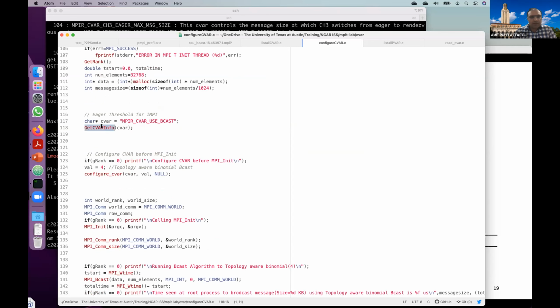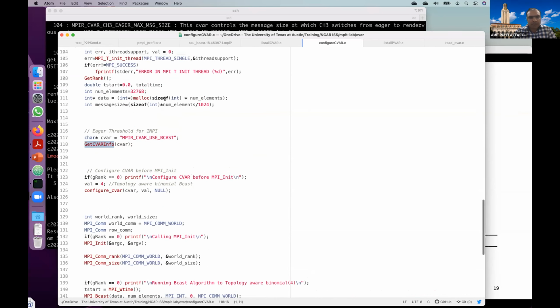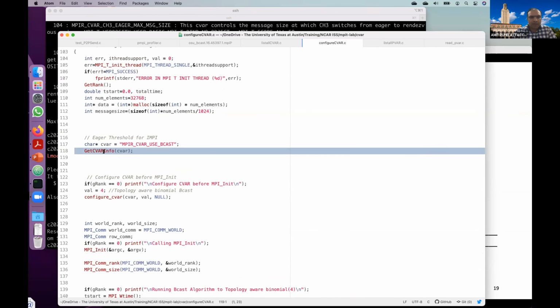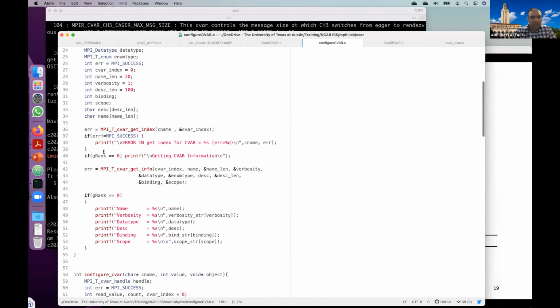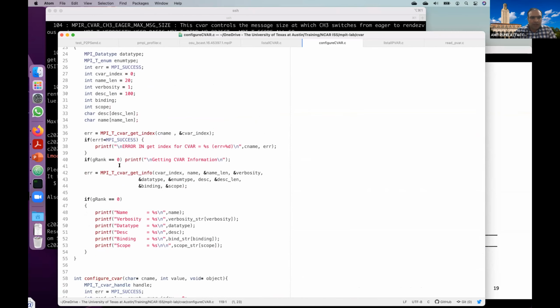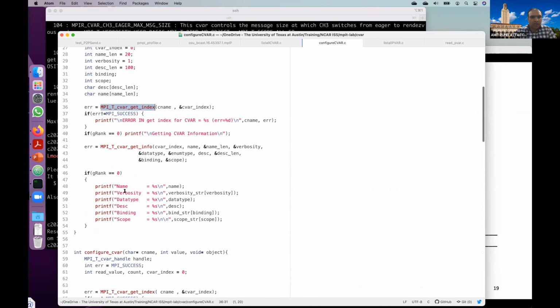The first thing is to find the index of this CVAR within the MPI implementation. The get CVAR function is defined by me. It first gets the index using the MPI_T_cvar_get_index function, and it also prints out the name, verbosity, data type, description, and binding information.